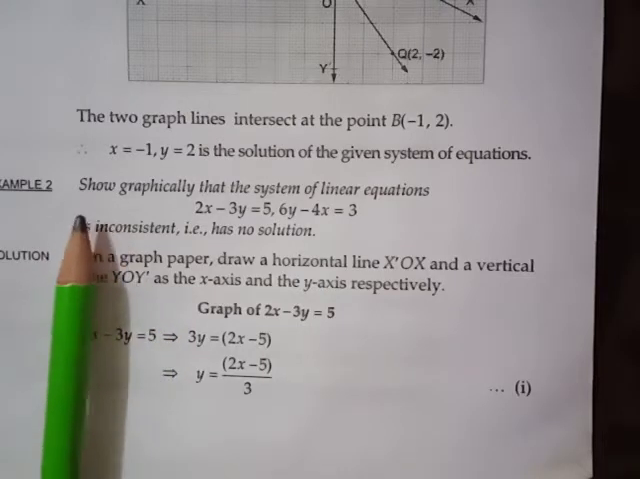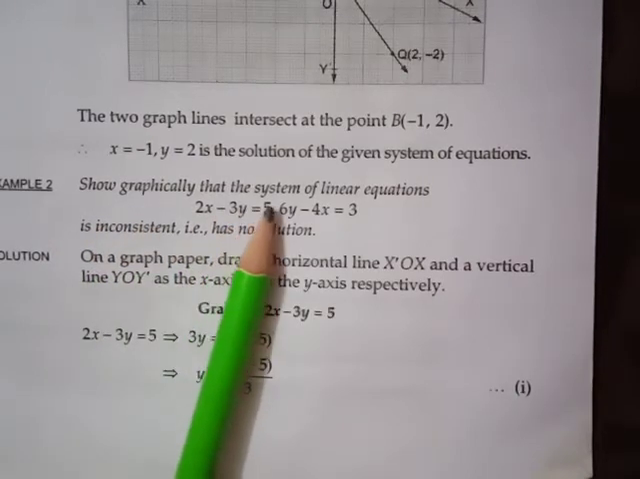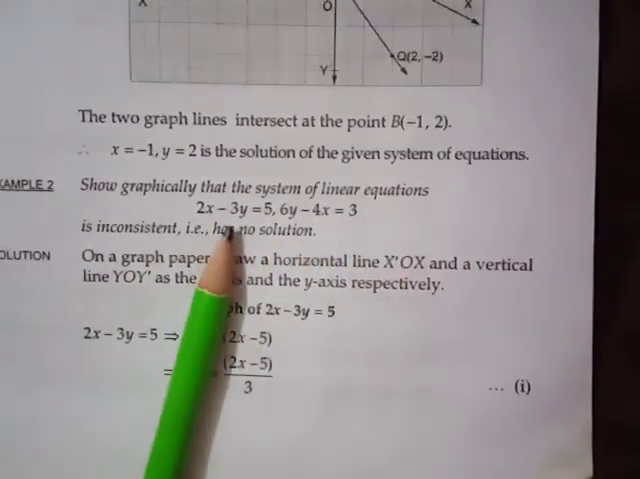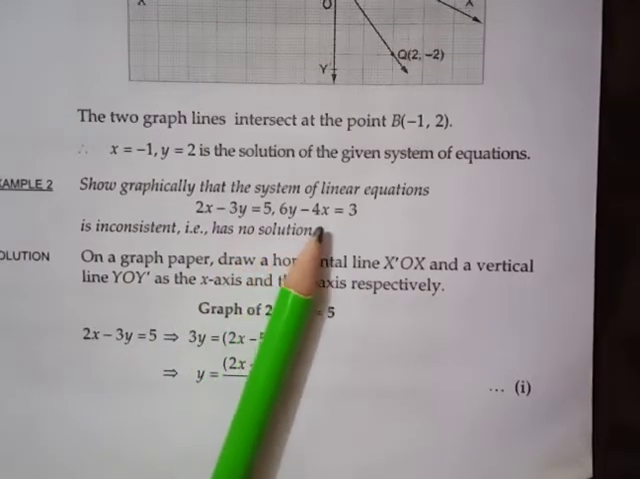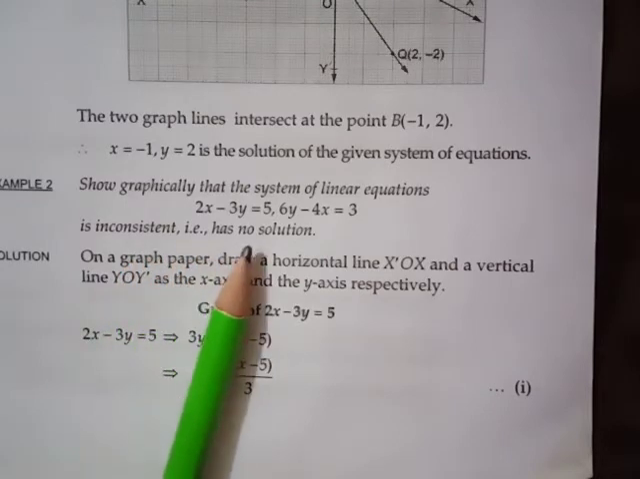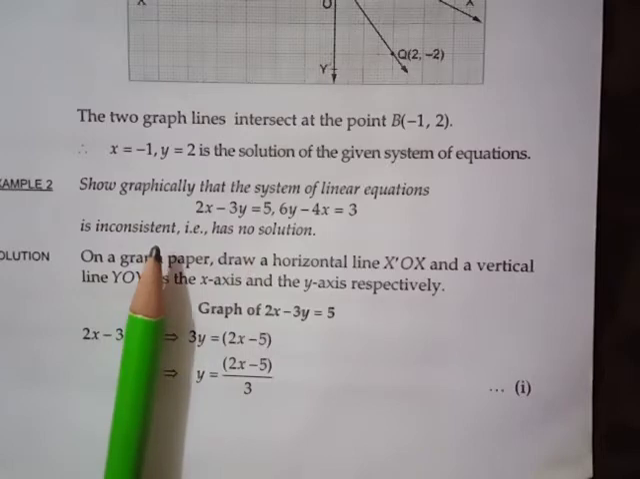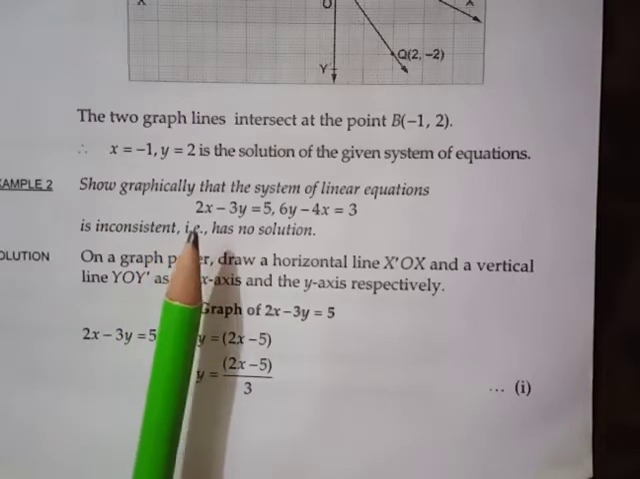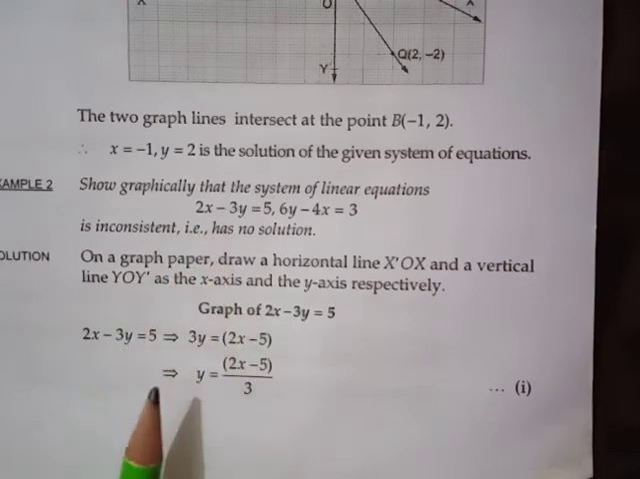Today I am going to explain this question: graphically show that the system of linear equations 2x minus 3y equal to 5, 6y minus 4x equal to 3 is inconsistent and has no solution. Okay, is inconsistent and has no solution. So now